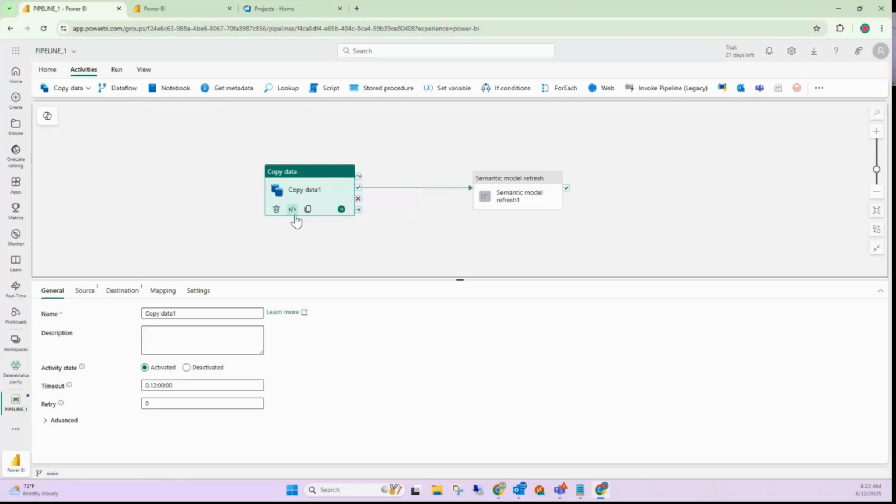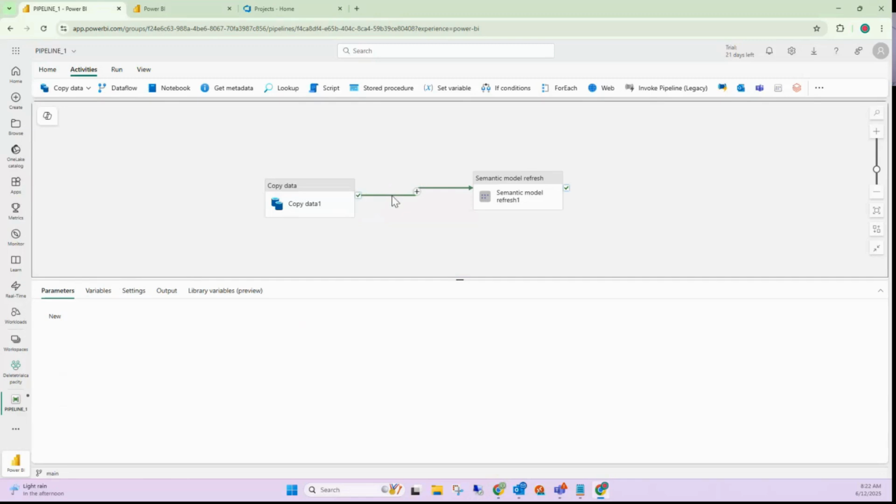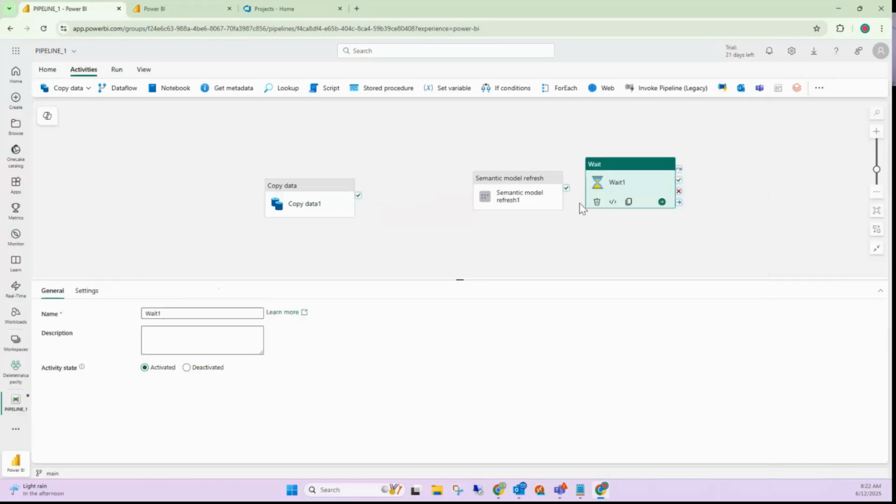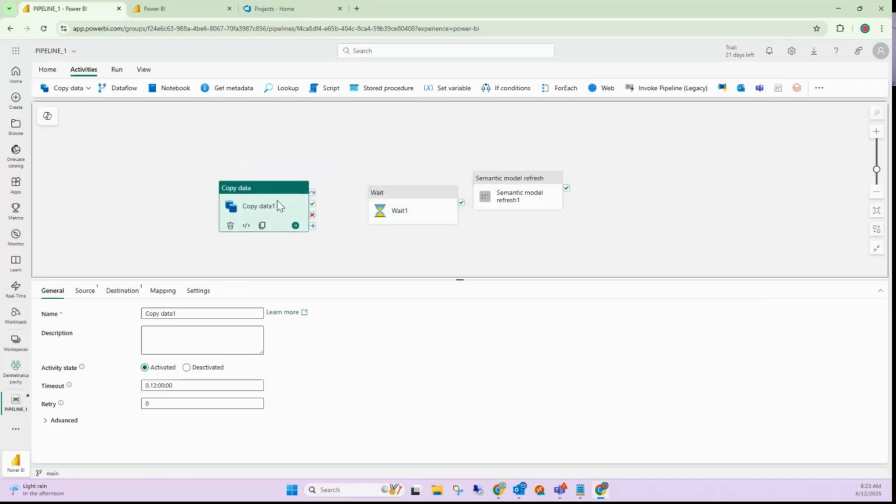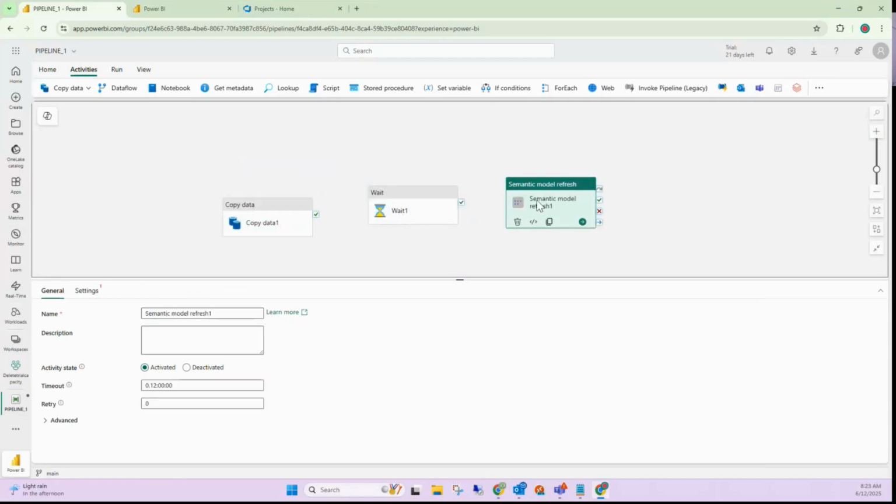For that, I told you all to think about how to handle it. That would get added as a case study for the coming weekend once we complete the data pipeline aspect. But temporarily, rather than directly doing it, I can add a wait activity, because I know that I need to wait for some time. Unfortunately, there is no fixed time that I can wait. It can be 1 minute, it can be 2 minutes. But for this use case, just to explain the significance of that wait activity and the dependency,